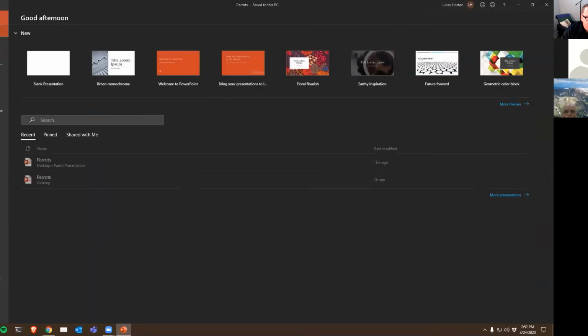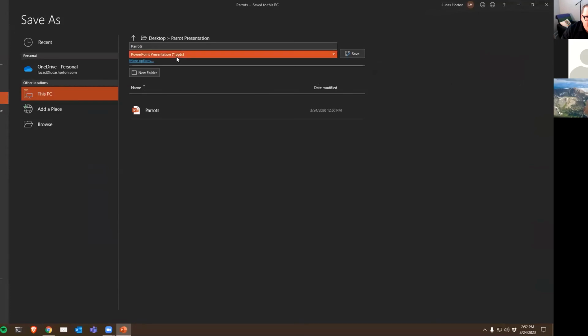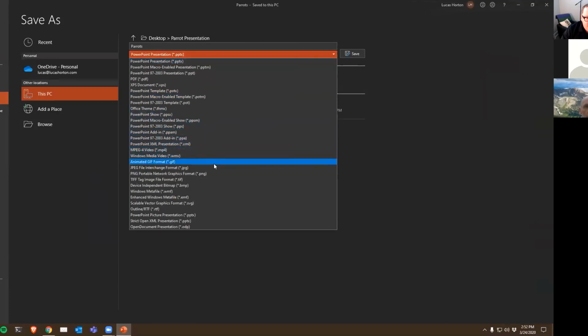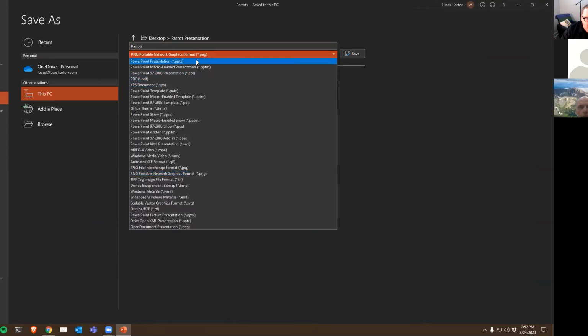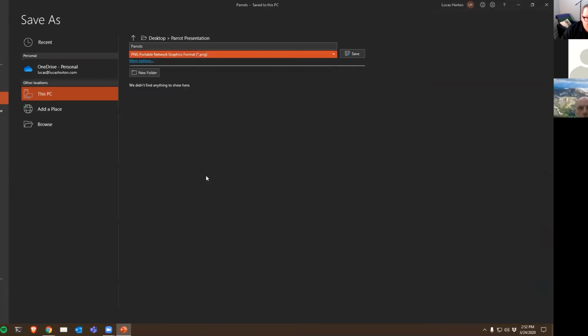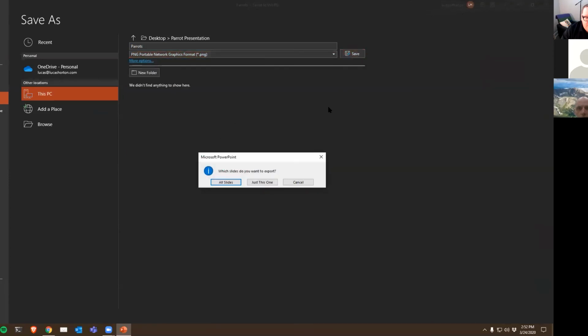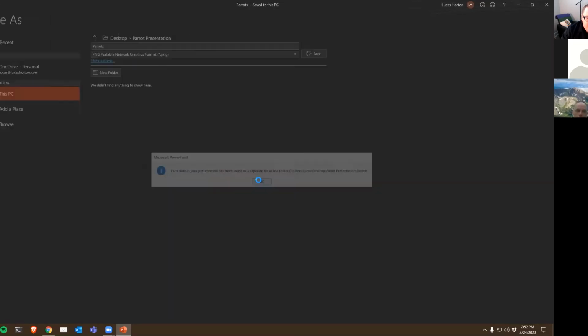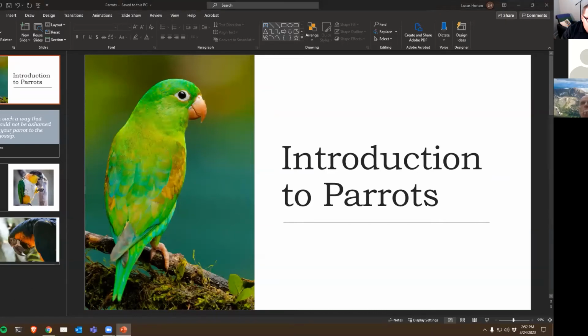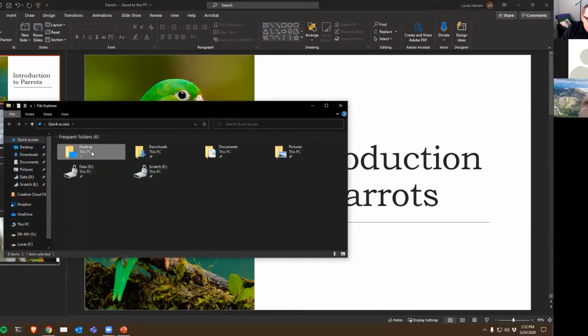If I come to File and Save As, I can actually come into these options here and choose .png instead of .ppt like we would usually use, just .png. We'll hit Save, and I can choose to export all of my slides or just the slide that I'm on. So I'm going to choose all slides. And PowerPoint is actually going to take those slides and export those out